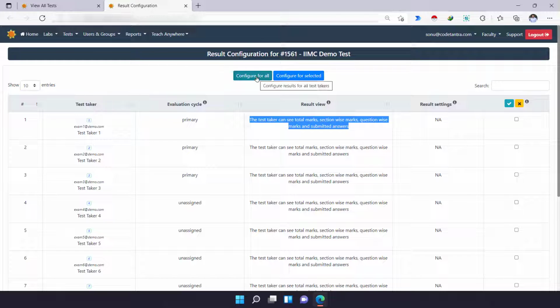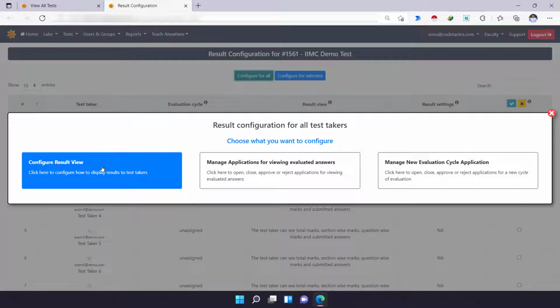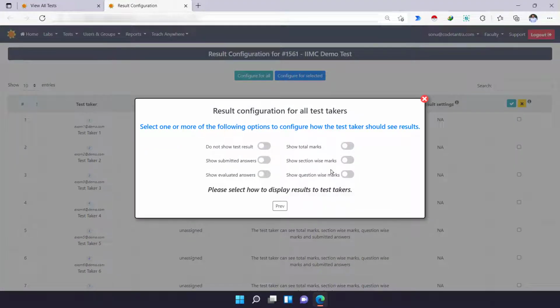Now if I again click configure for all, configure result view, next, and let us say I do not want to show the submitted answer, only these three. So I'll select these three only, and then click on configure. One thing you need to keep in mind is that it is not going to remember what you did last time. Whatever action you take will override the existing settings already applied to the student.